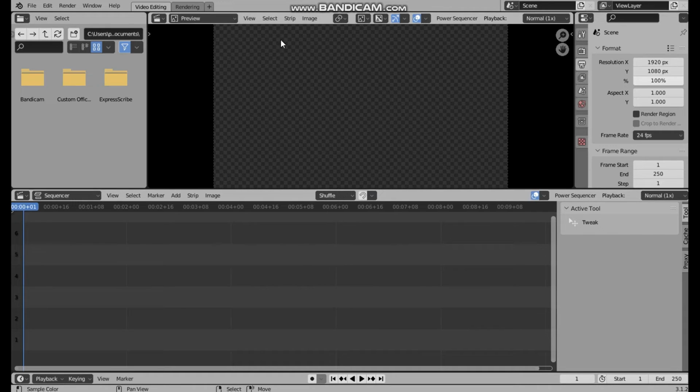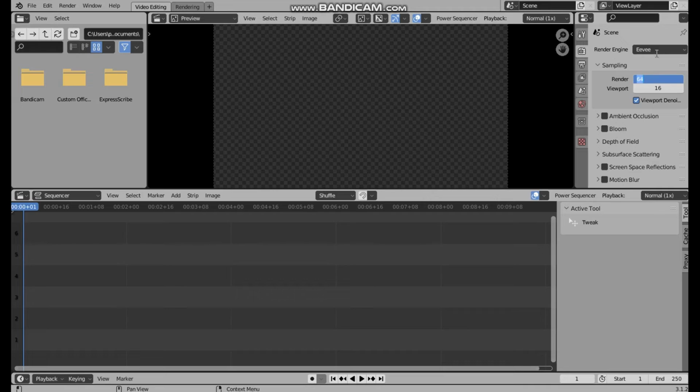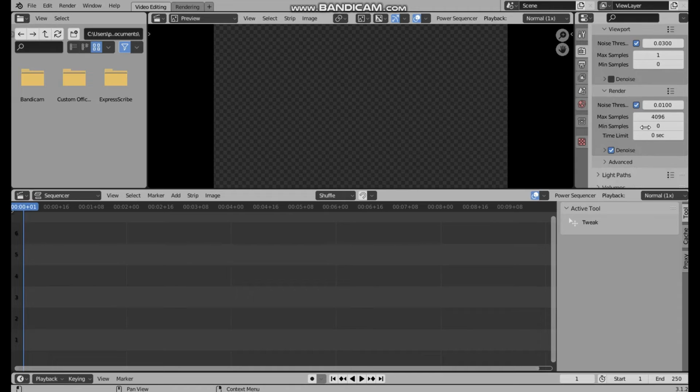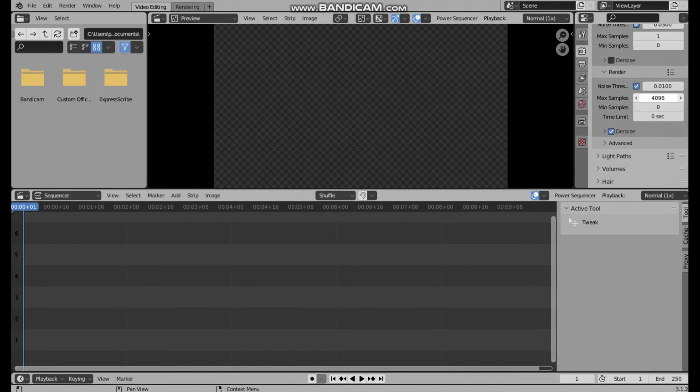Okay, so from here, this is kind of the same thing as the 3D viewport in its own manner, only this is going to be your rendered video. This is your timeline. Over here, you'll see different options when you click. Like we want to set this to Cycles. We want our max samples to be 1, that's what I selected, and 0.03 on the noise is also what I had. And so there'll be a few other